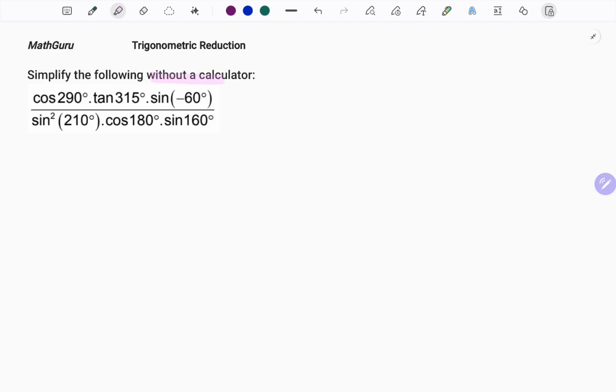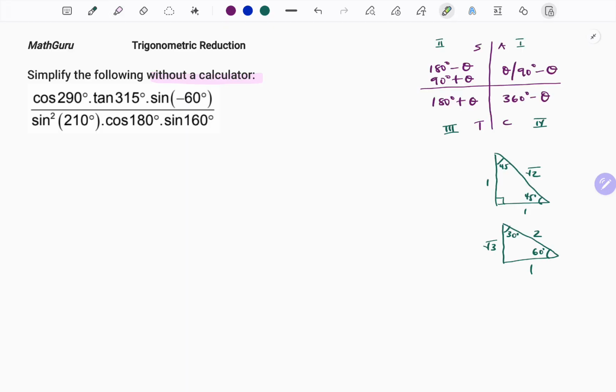When you're told not to use a calculator, a couple of things come to mind. One, you have your CAST diagram. You also have your special angle triangle. And also, if necessary, we can apply your trigonometric identities, and that includes your double angle identity and your compound angle identity. So in this question, we have: simplify the following without a calculator: cos of 290 degrees